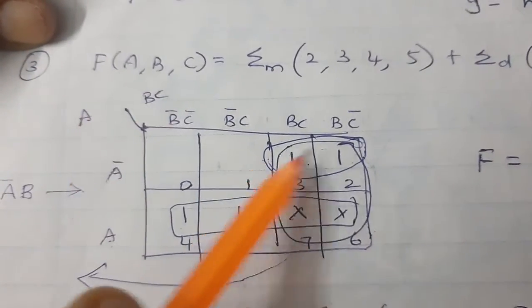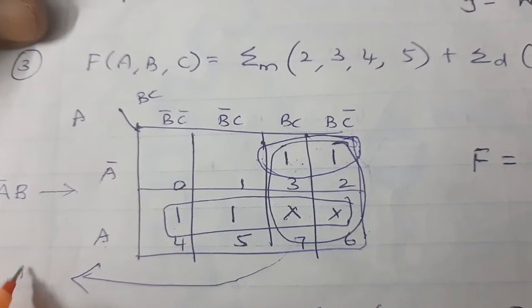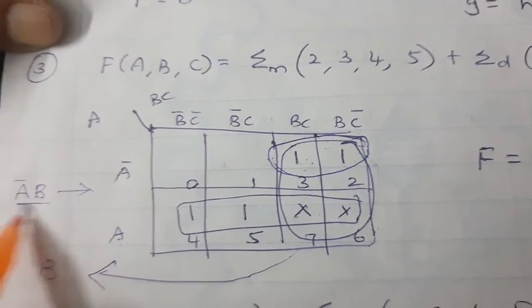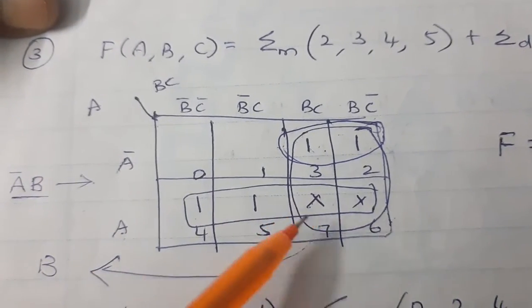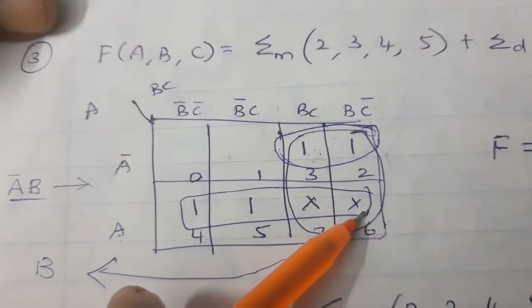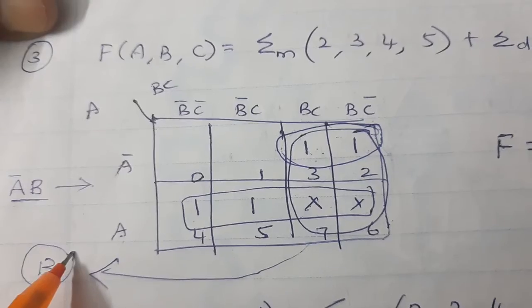I cannot take the value. In this column, what is common? B is common. Therefore, the answer is B. See, here I have to use one AND gate. If I make a group with the 2 don't cares which is already used, I can reuse that same don't care. My expression will reduce to B.